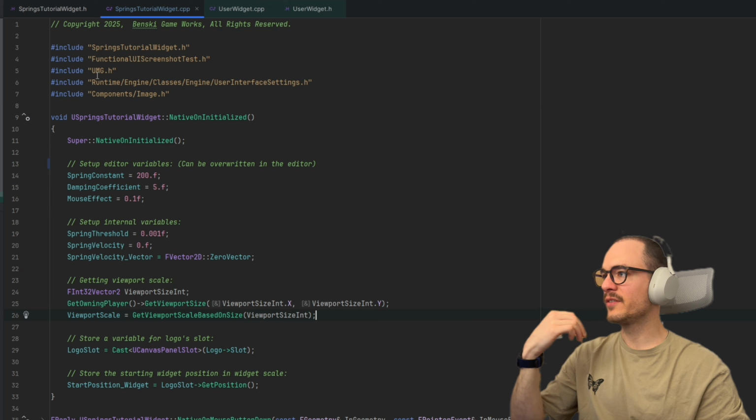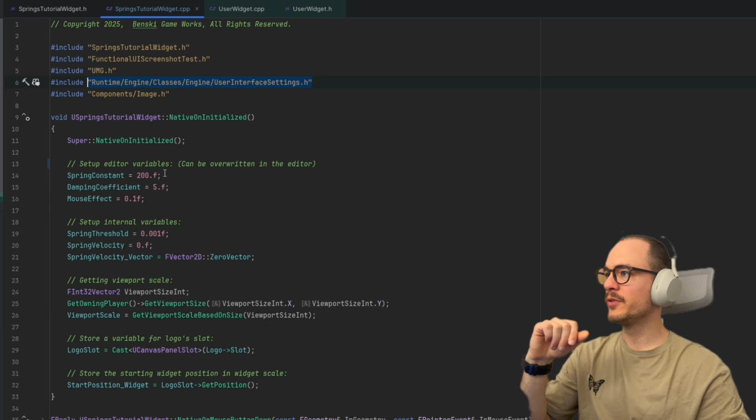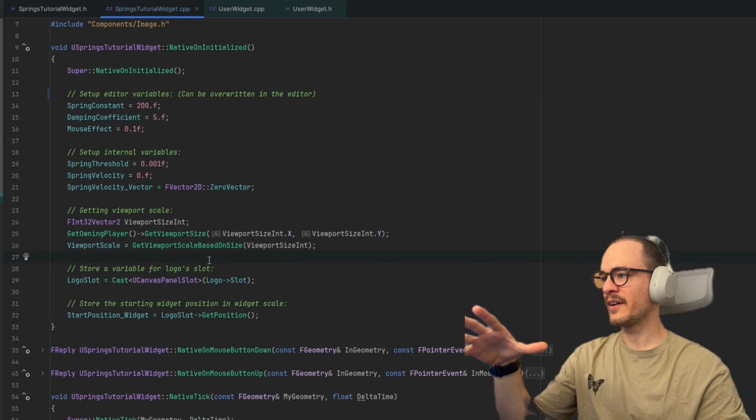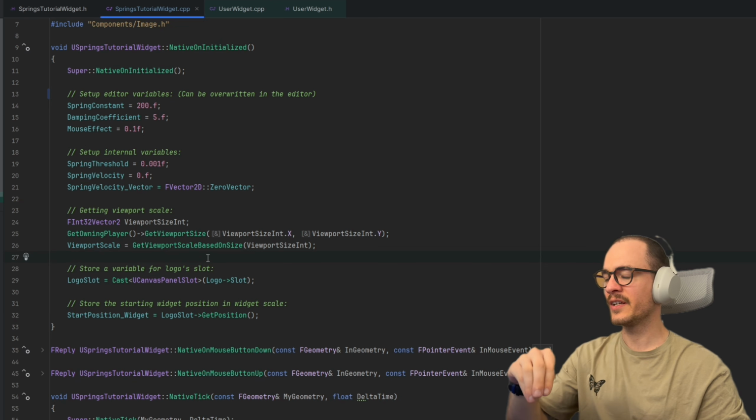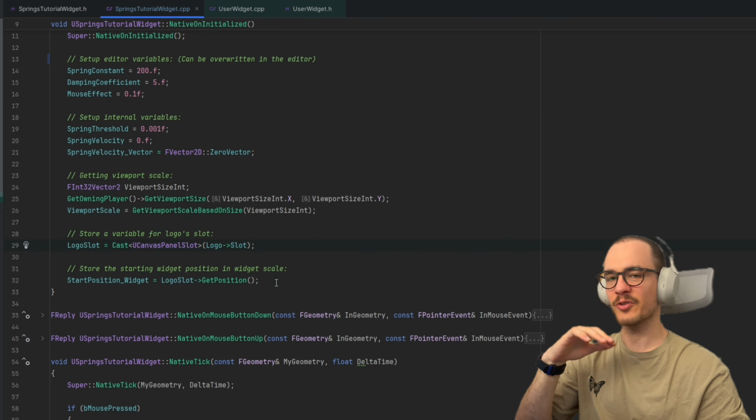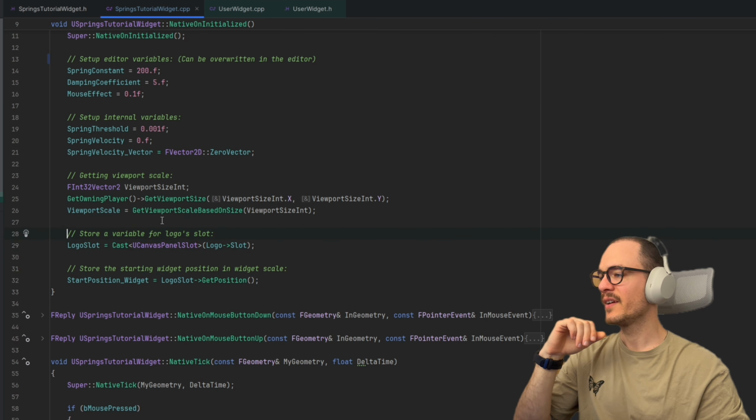The important thing to know is that we need to include this .h file here, Runtime/Engine/Classes/Engine/UserInterfaceSettings.h. Of course, by the way, all of the source files are going to be found in the GitHub repository I'm going to share here in the description. Okay,